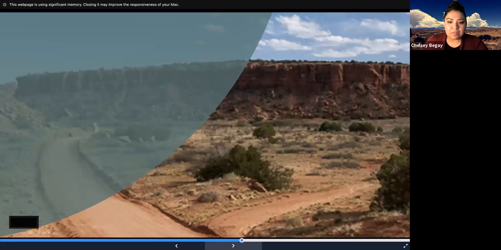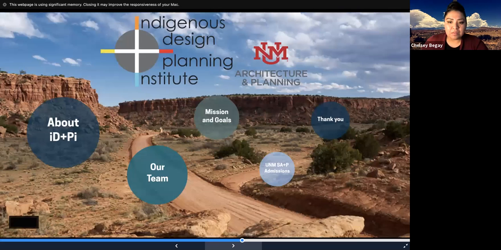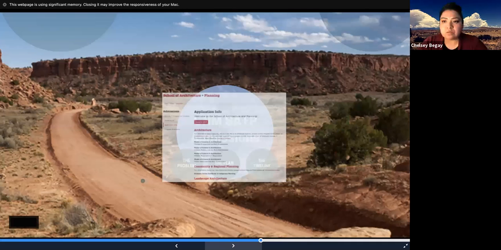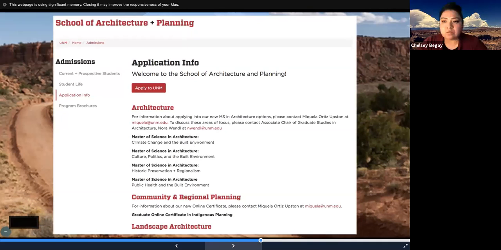So just talking about sort of the admissions process to architecture school or architecture and planning school. When I was in high school, I always thought that I was going to go into architecture. I saw a need in my community because a lot of our homes and a lot of our buildings in my community were falling apart. They were really old, and my mom worked in the community.